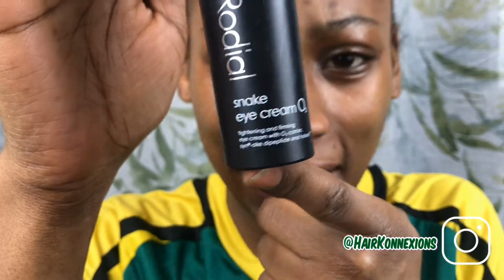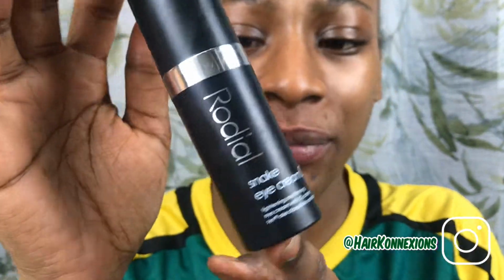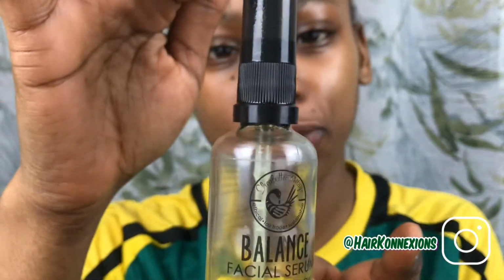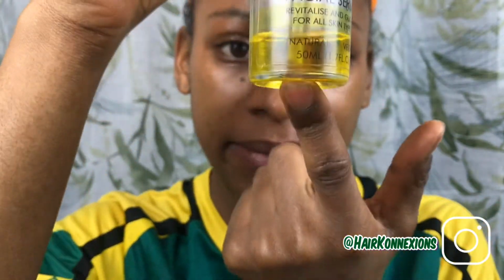I then use some Rodial snake eye cream. I have been using this eye cream for about a month now on my eyes to try and lessen the dark circles. And then from a black owned company, Sheabutter Cottage, I am using their Balance Facial Serum. I've been using this for about a year now, and I really do love it, and I love the smell of this. The smell of this is amazing. Only use it on my face. So all of that on my face,